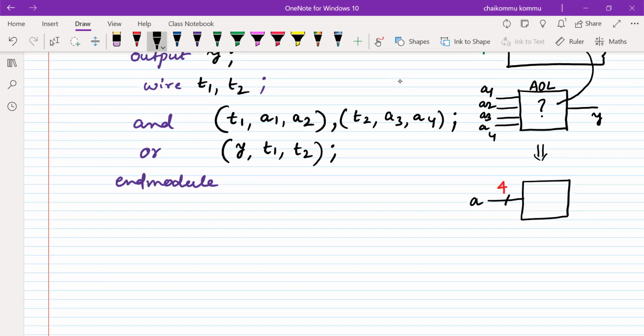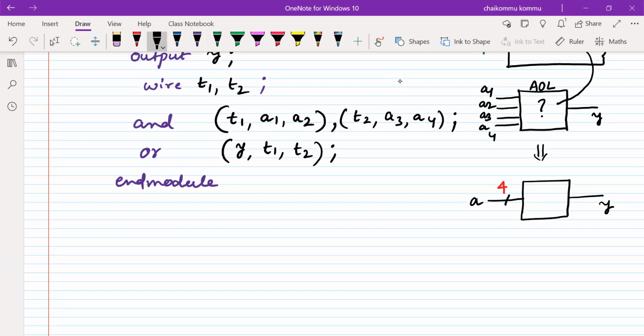Instead of A1, A2, A3, A4, I can write A. And the output is a single line, Y. If it is only one line, there is no need to mention its size. So this is called vector notation. Therefore we are treating all individual signals as a single line, but we should mention its size. That is called vector notation.